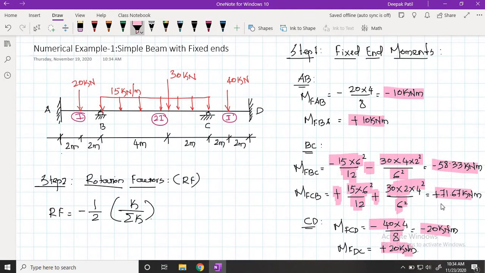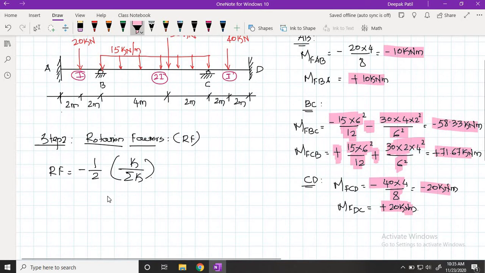I have just quickly summarized finding the fixed end moments because we are already familiar with them. You have to refer to the standard tables and remember the standard formulae to calculate the fixed end moment. The only care you have to take is that whenever two loads act on the same span, you find the fixed end moment for each of them separately and add them together, respecting the sign convention, that is anti-clockwise as negative and clockwise as positive. We have already seen that while finding the fixed end moments of BC and CB. So this is our first step, wherein we found the fixed end moments.